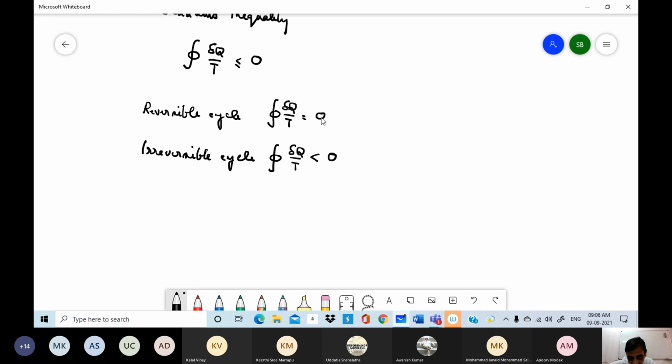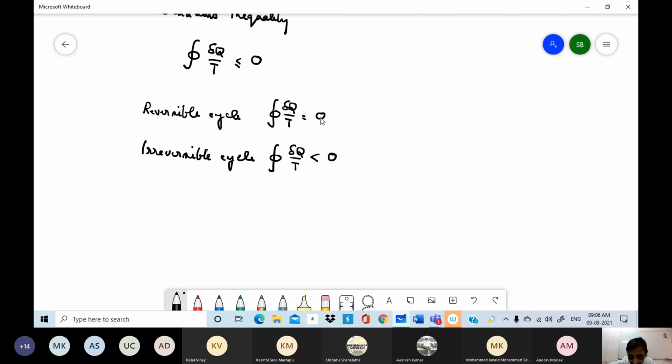Now, if the heat transfer is occurring at varying temperatures, you split up the cycle into a number of subcycles, where each of these subcycles